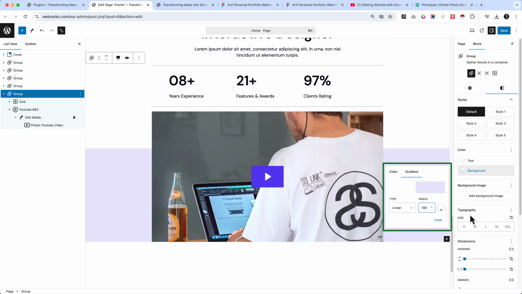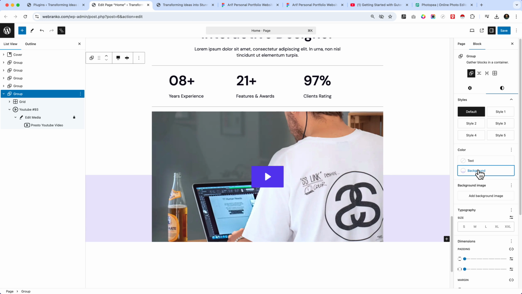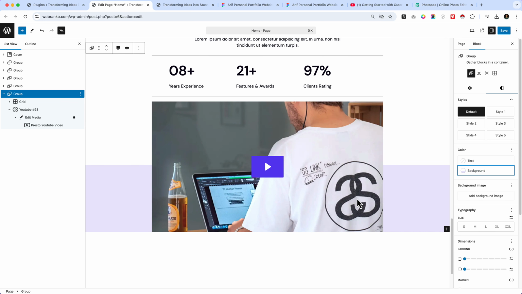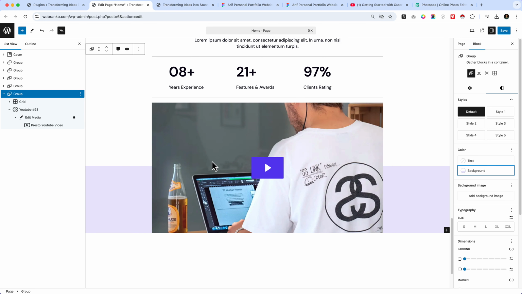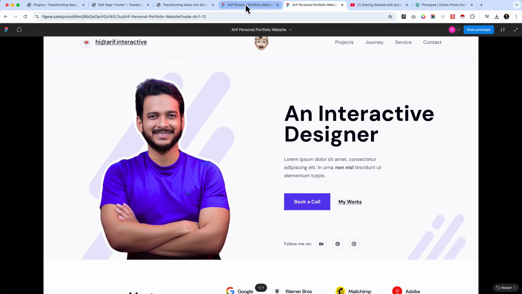So you can see it almost looks perfect, but we have to adjust the height of this area. So as you can see, it looks perfect now, and we have successfully added our color inside this video background area, where it's displaying at the middle of this video area. Now let's take a look at here. If I go to our design again,